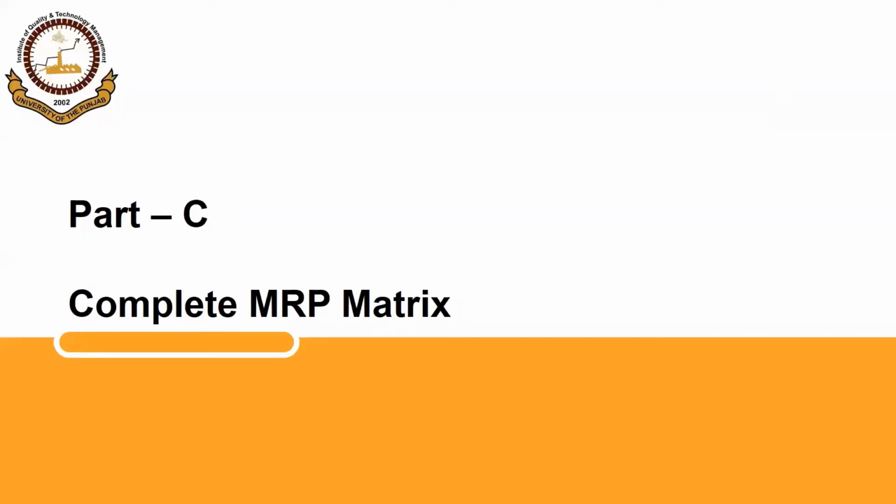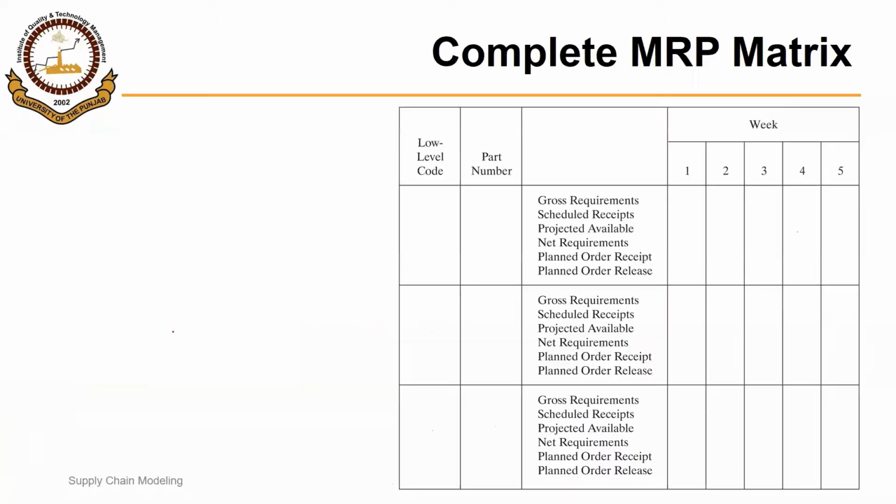In this segment, we will discuss two examples considering a complete MRP matrix. So in the previous example, we actually didn't consider schedule receipts or open orders. Next example,